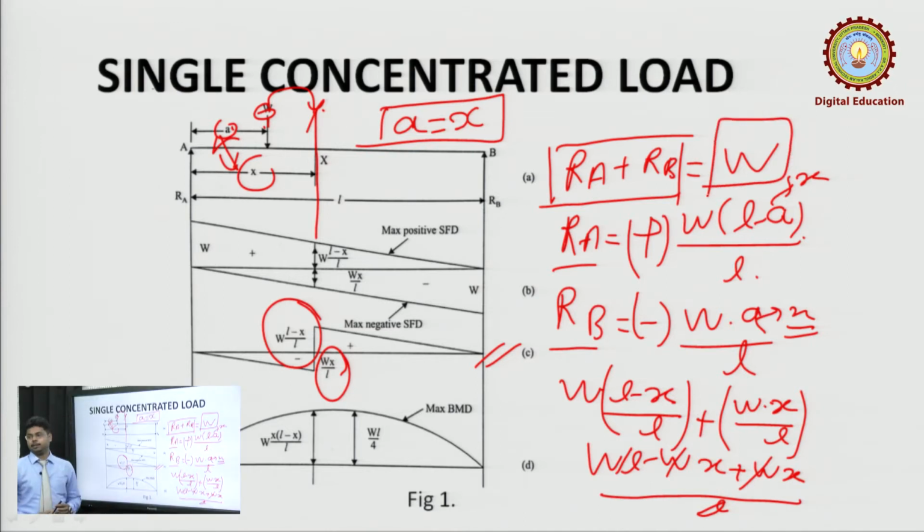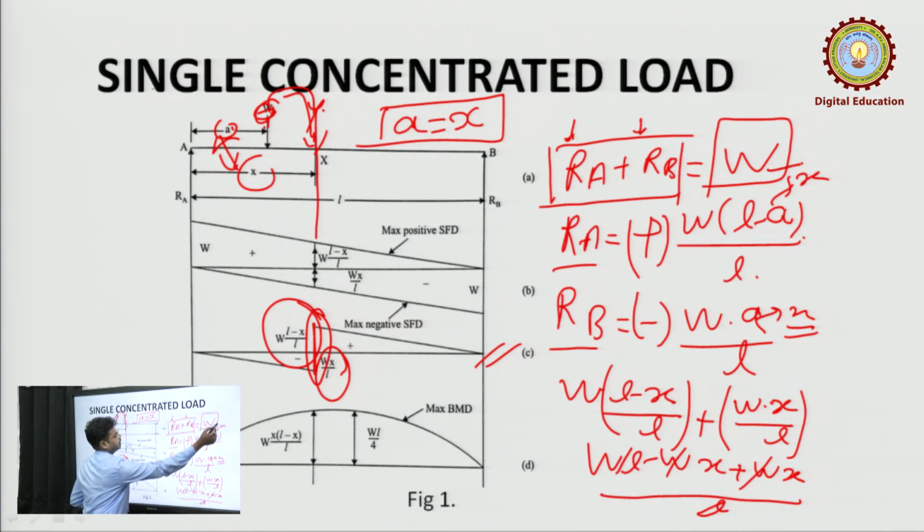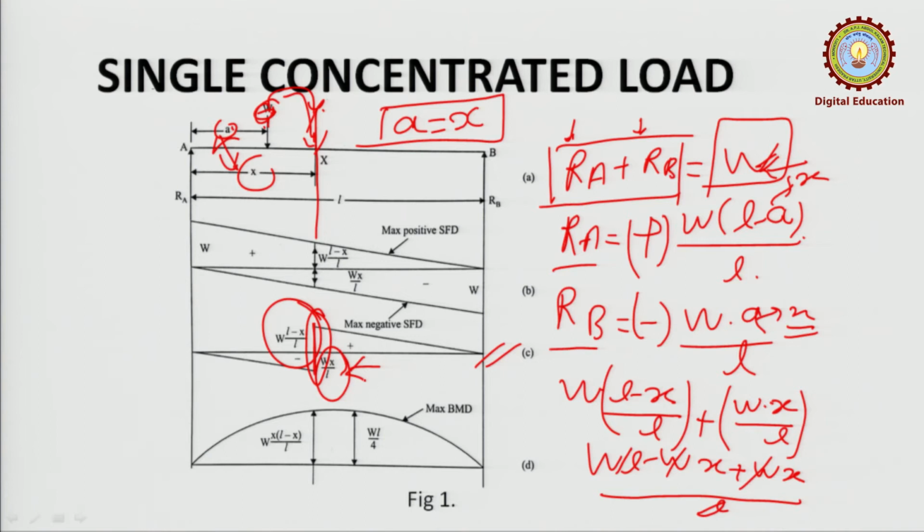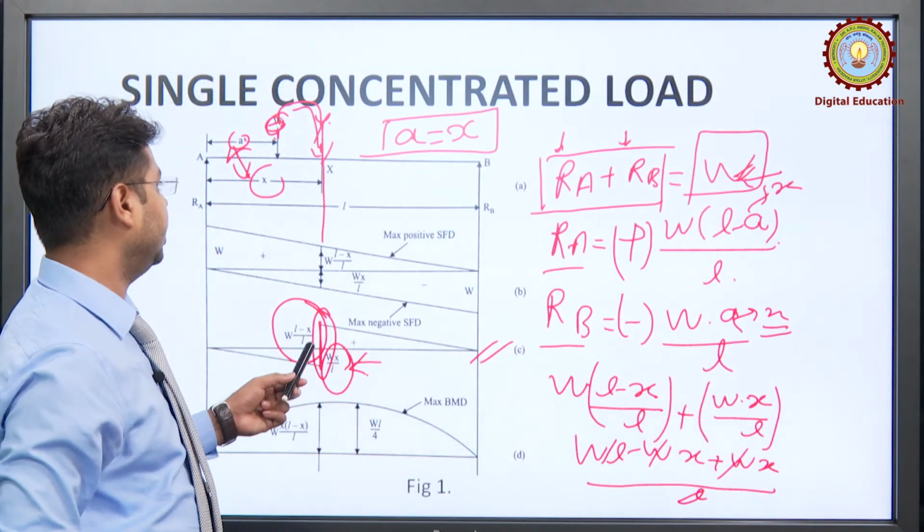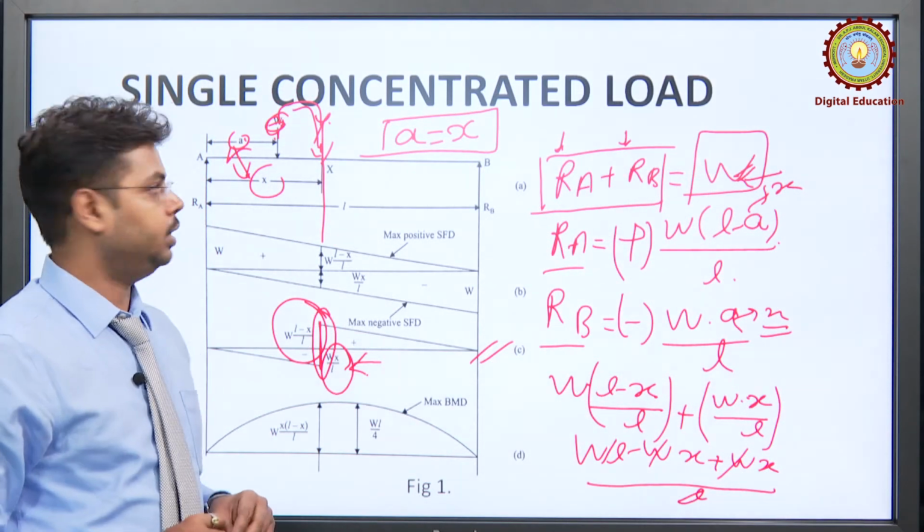What can we conclude here? The load is W. If the section is on the span, the sum of the ordinates, these are the ordinates, Ra plus Rb, is equal to the load, the rolling load. What I said here: the sum of the ordinates is equal to the rolling load.